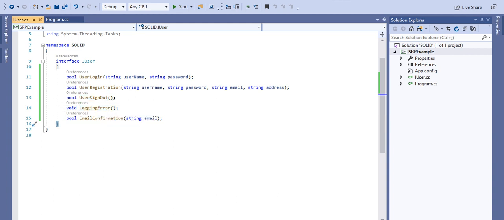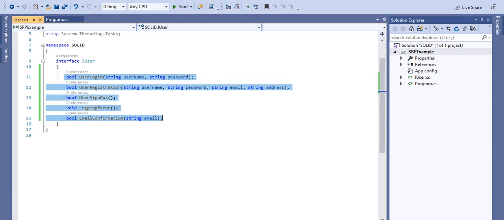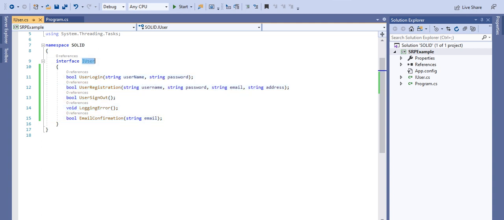So what we can do is split this interface into multiple interfaces. That is what the single responsibility principle says: a class or interface should be responsible for a specific task. We can say the user is responsible for login, registration and sign out. He is not worried about the logging error and sending email confirmation.